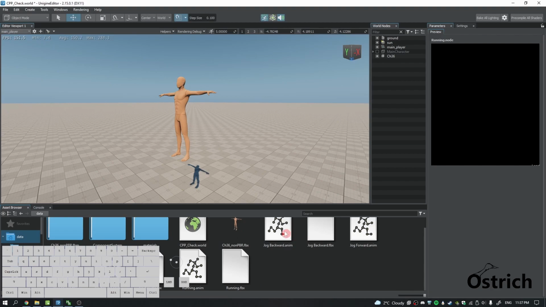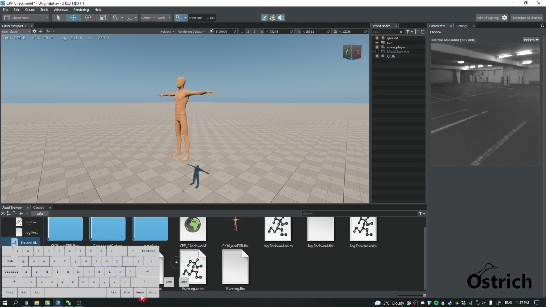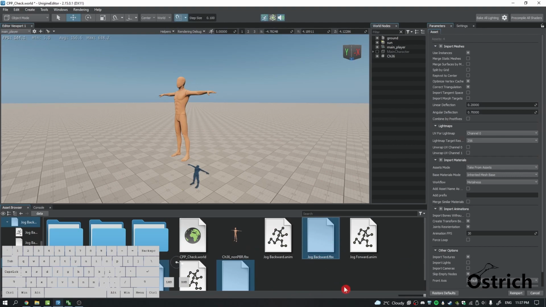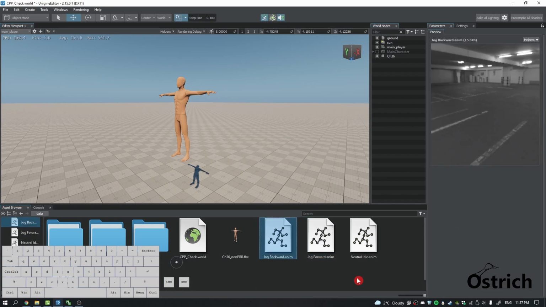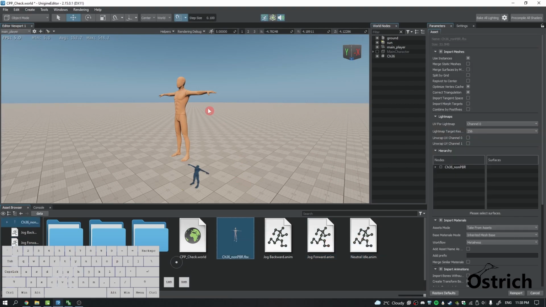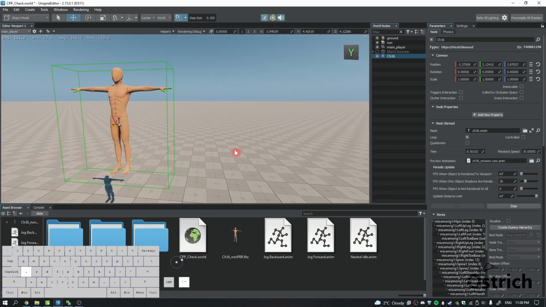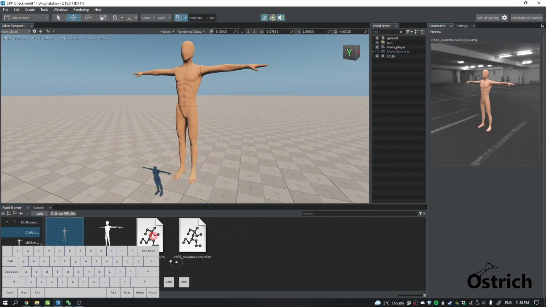Once you're done with all of them, you'll have all these .anim folders, and the rest of them are just useless. You can put them somewhere else, or you could delete them. I don't have any use for them, so I'm just gonna delete them. Now I have these 4 animations, and I have our main character. To see if it works, just click on your main character, and right here on preview animation, let's just loop it. Press play. We have our T pose,